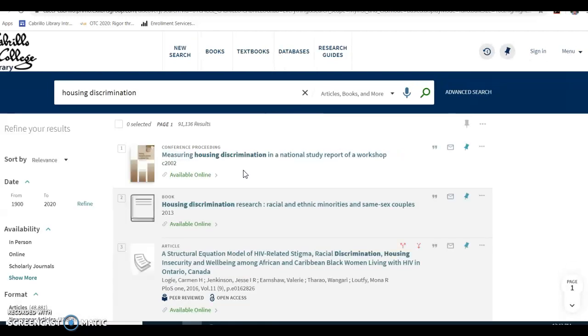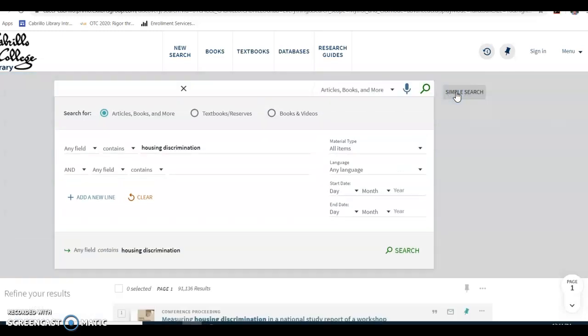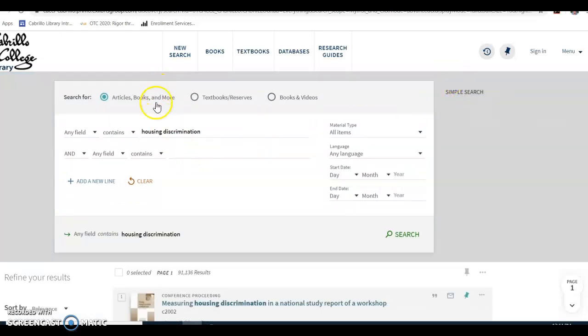What OneSearch is, it's a kind of mega Google-like tool that searches across all of the library collections at once. So you're looking at books and articles and newspapers, which is great. But it also means that you have to do some work to narrow down your results. A few ways you can do that are by adding more terms. So I'm going to go to Advanced Search, and that gives me some more boxes to add terms. So again, here I could add people with disabilities. I could add mortgage rates. I could add